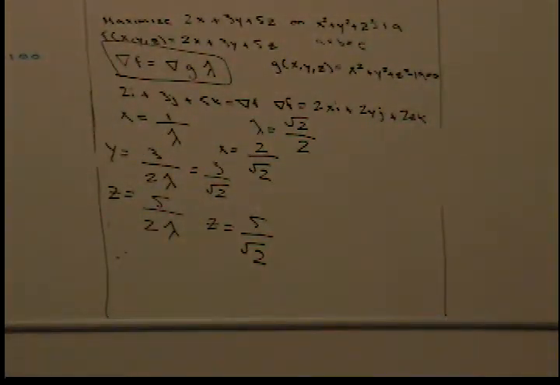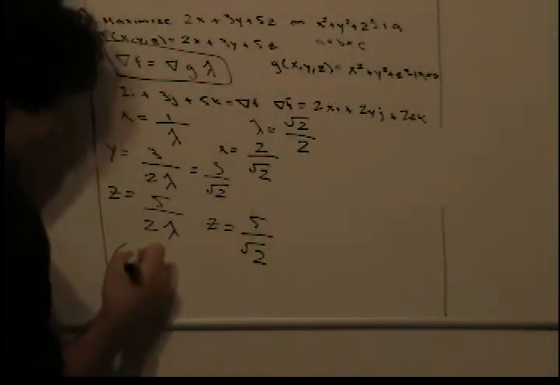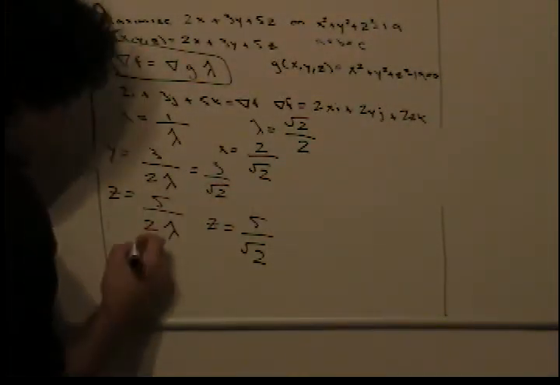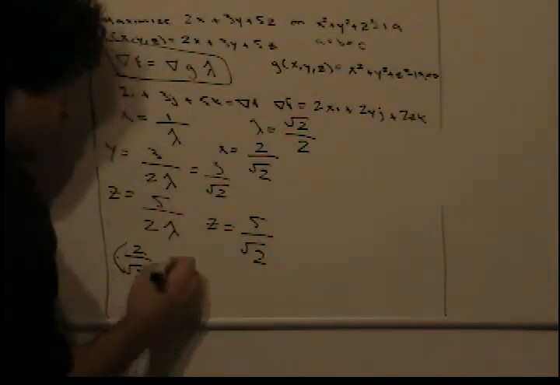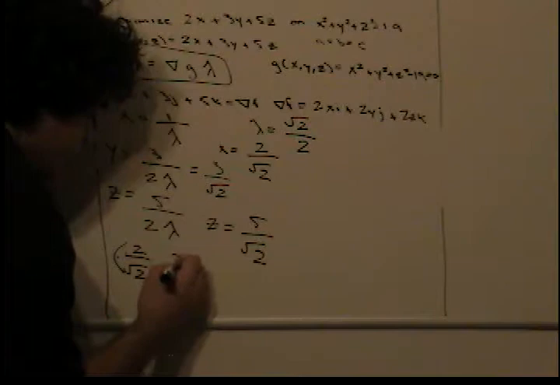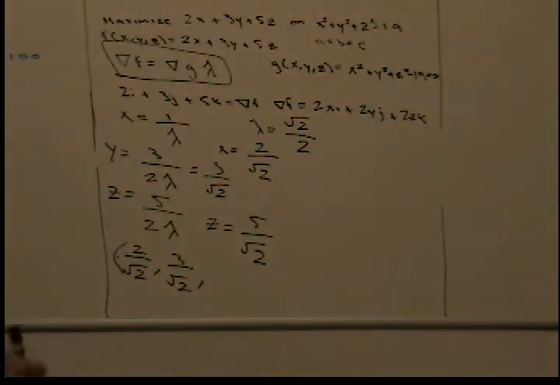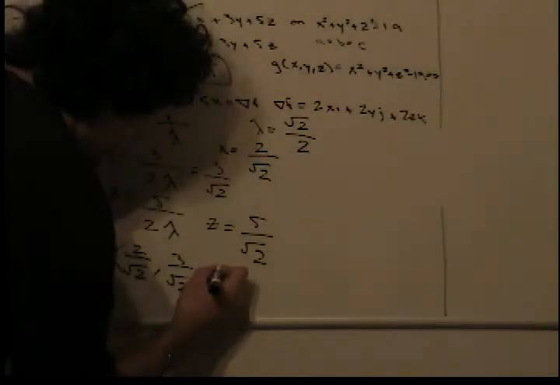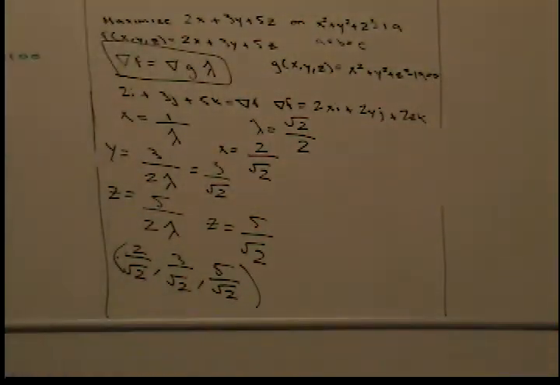So we figured out that it's going to maximize on these points when x is equivalent to 2 over square root of 2, when y is 3 over square root of 2, and when z equals 5 over square root of 2. So it maximizes on these coordinates,